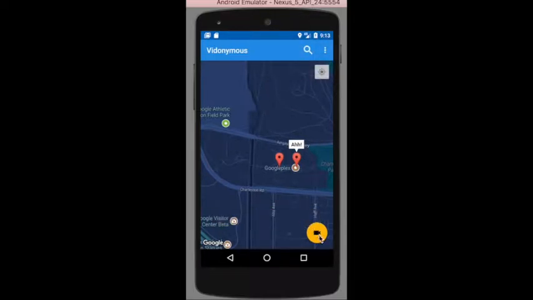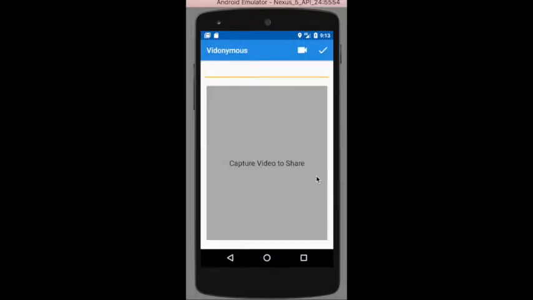When the user is ready to make their own post, they click the floating action button, which brings them to the video post creation activity. When this activity is first opened, the user is offered affordance to know that they need to capture a video if they would like to share. At this time, if the check button is pressed to post, they will be shown that a title and video